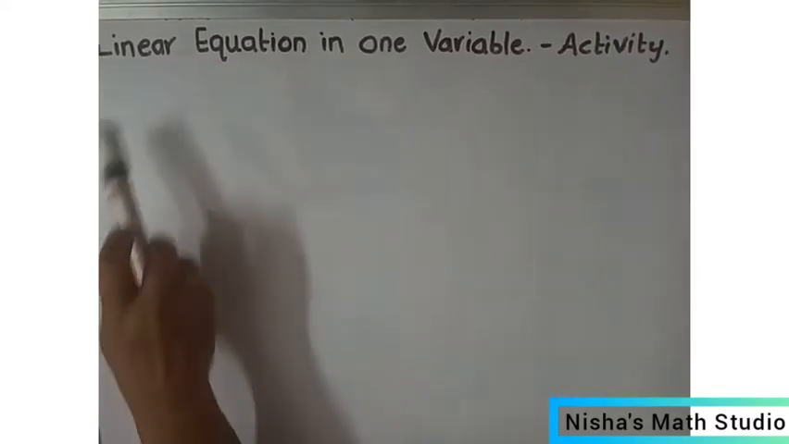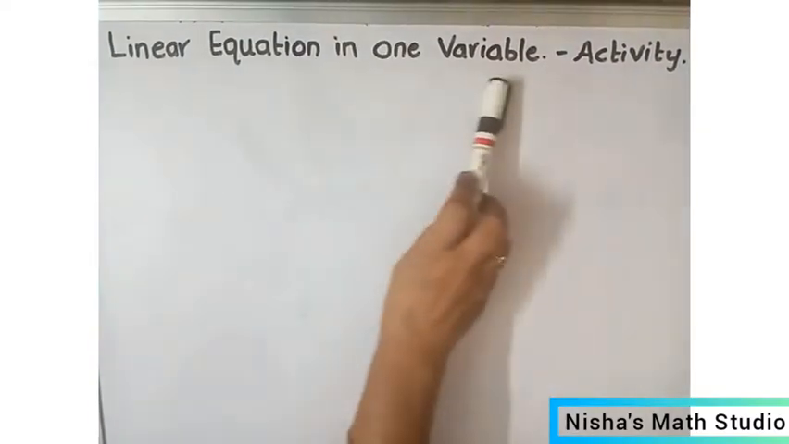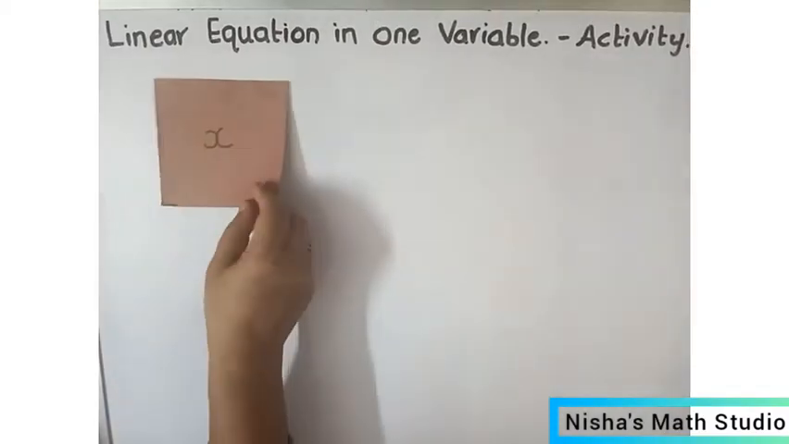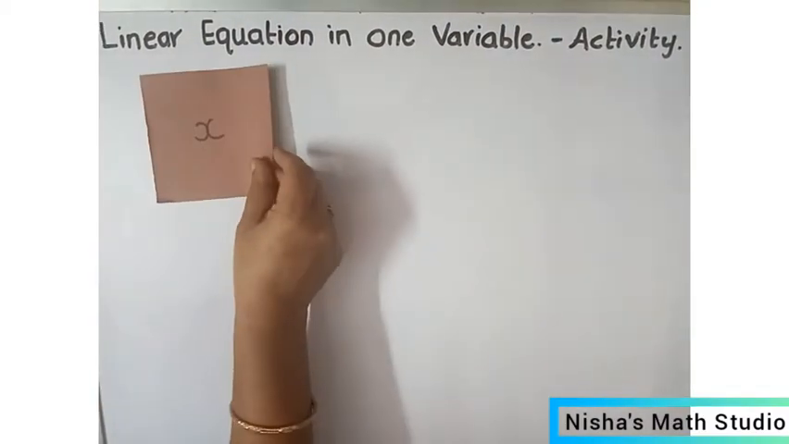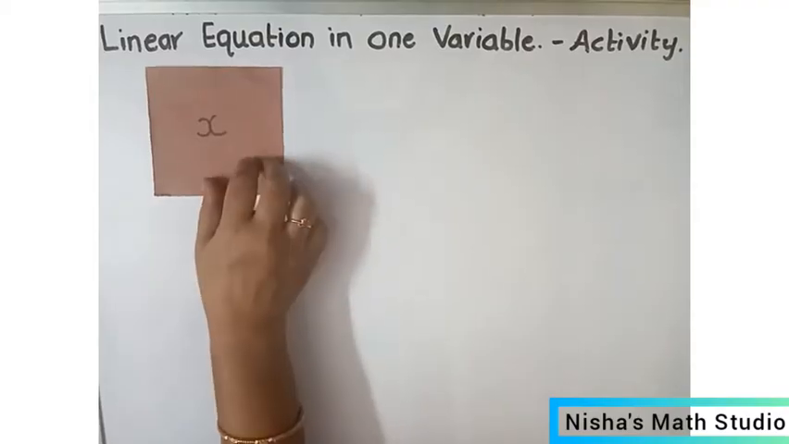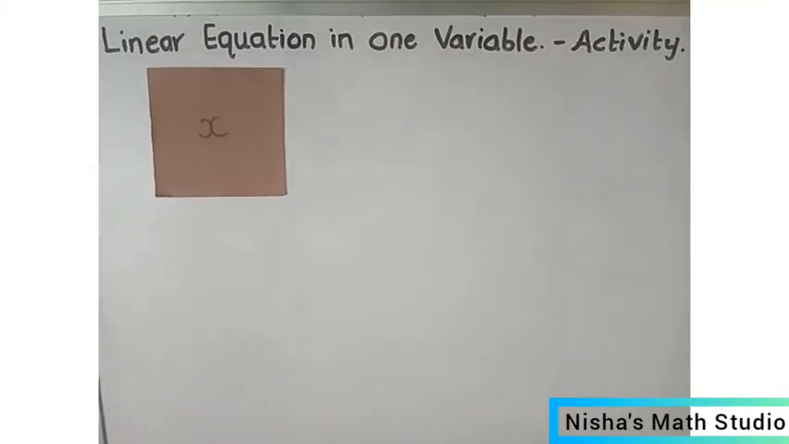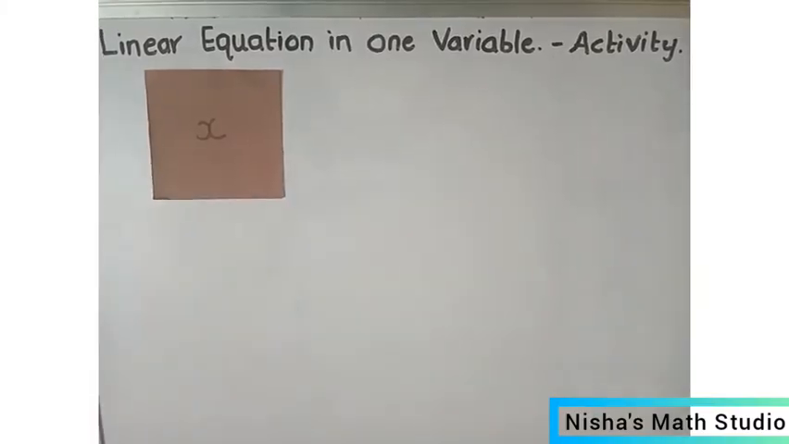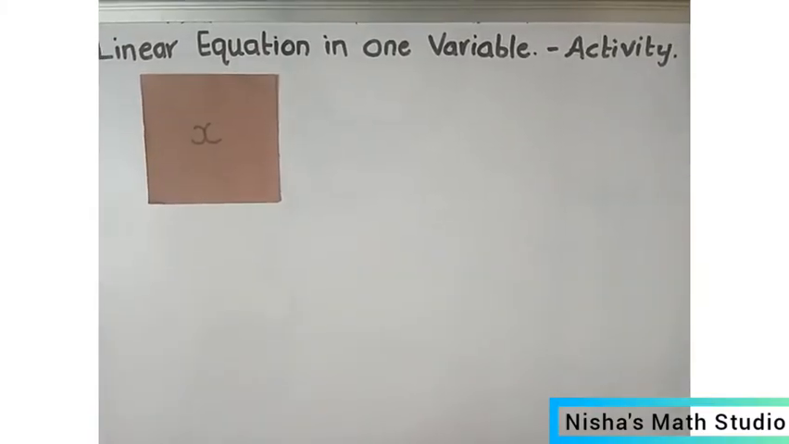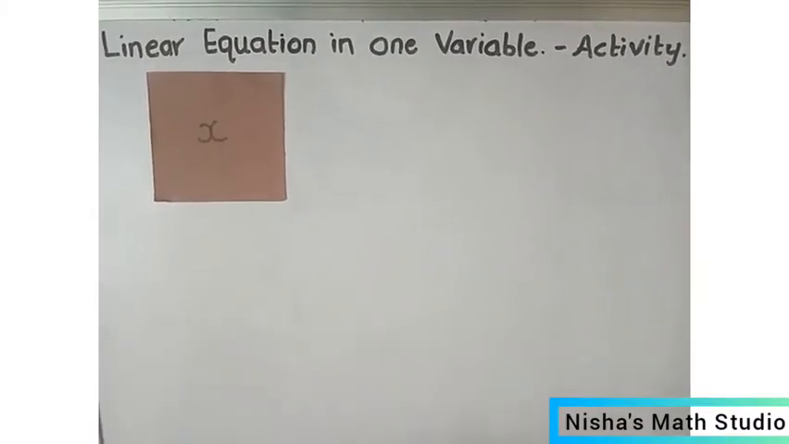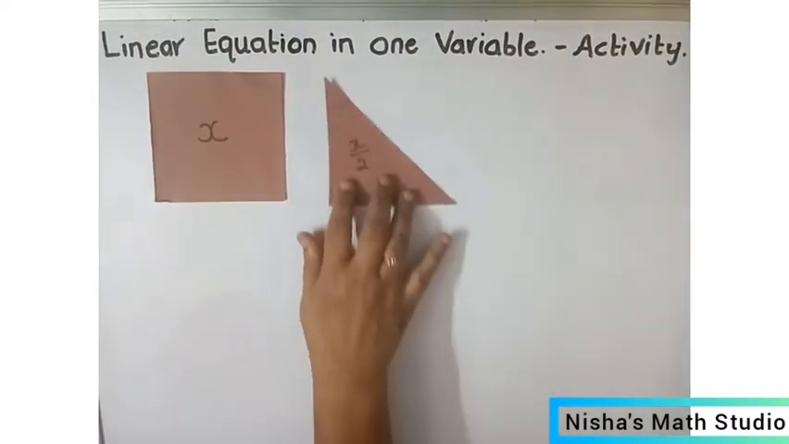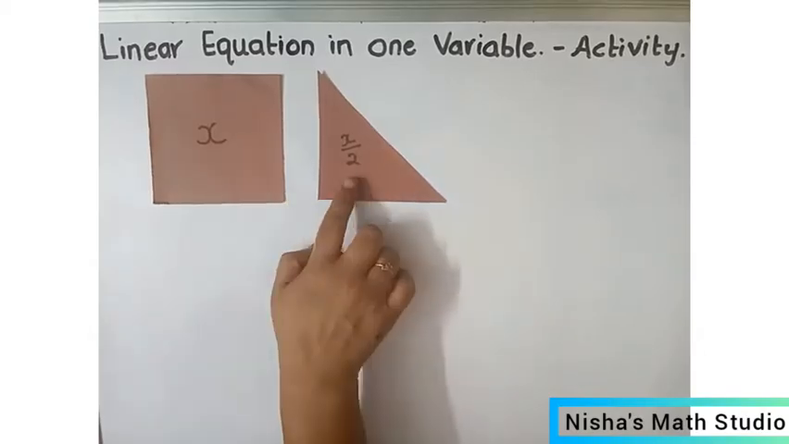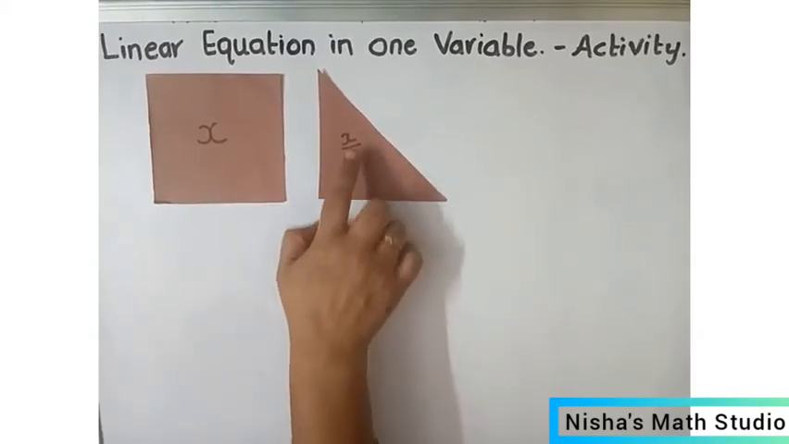Today, let's try to solve a linear equation in one variable through an activity. For this, I am going to take a square which represents the unknown term, that is x. Let's call it x. If I cut this square into two equal halves, it becomes a triangle. So this one triangle represents half of the square, that is half of x, which is represented as x by